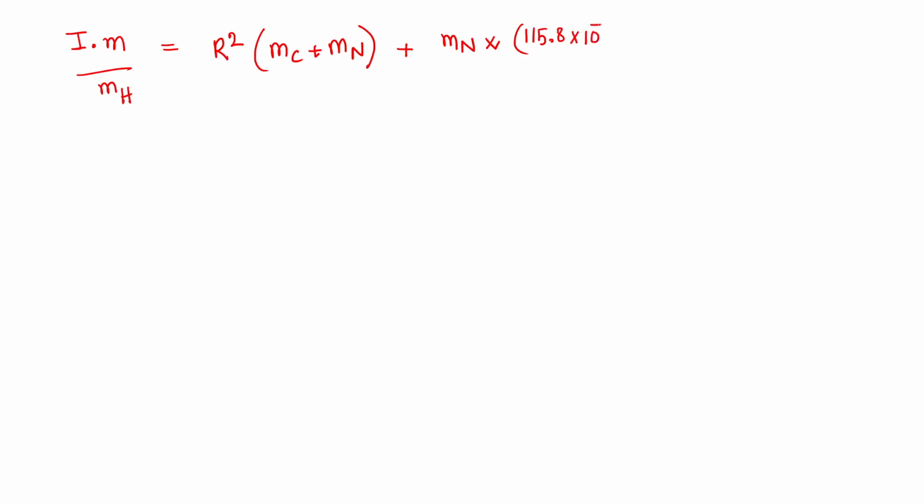So maybe I'll write minus 12 is meter square, right? Mn 115. Yeah, I hope this is correct. Square of this also, divided by,